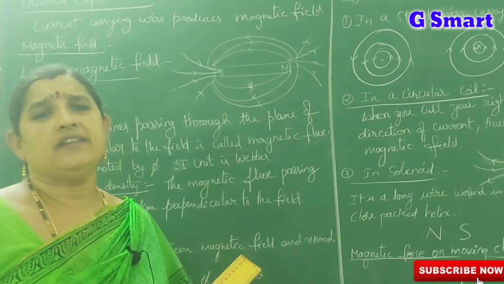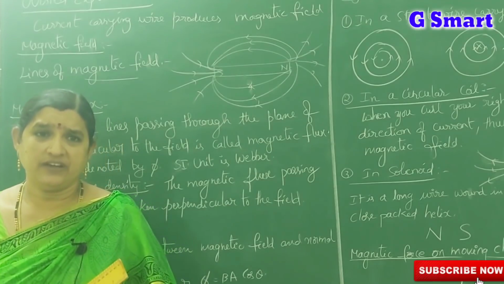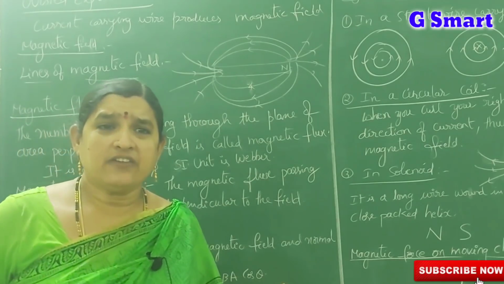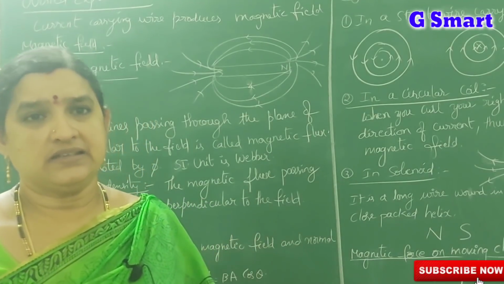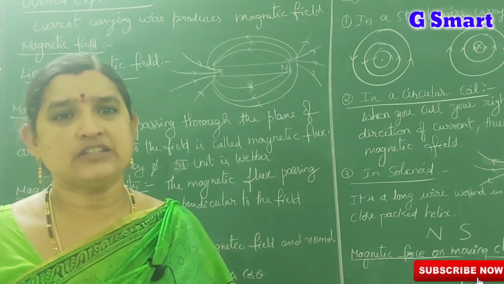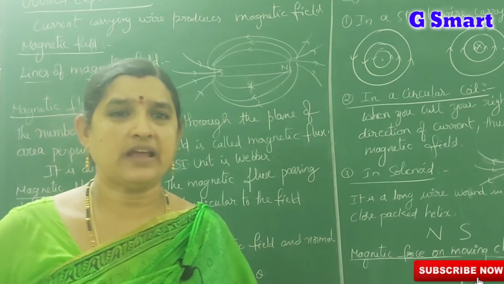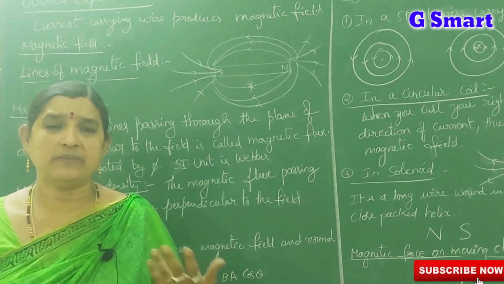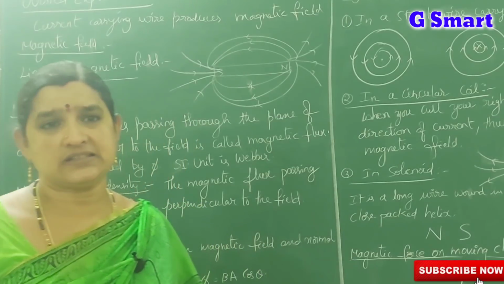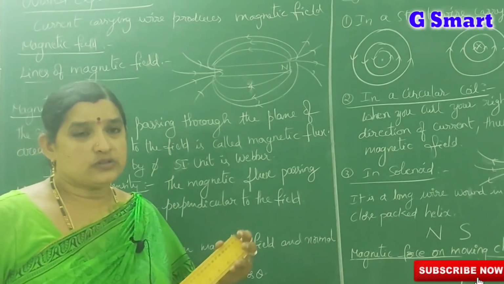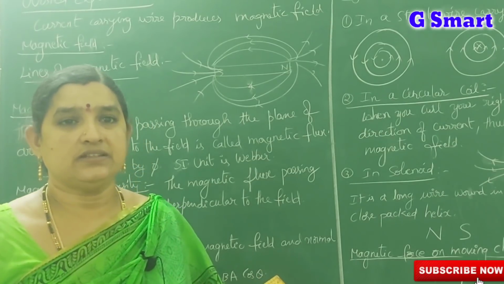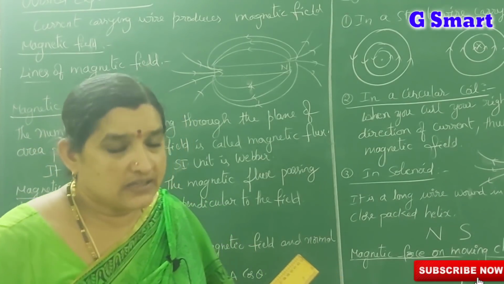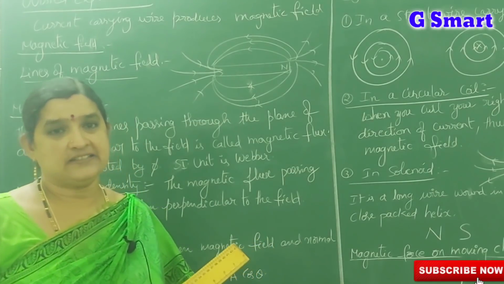Then how can we decide the intensity of that magnetic field? By using the magnetic field lines, we can say the intensity of that magnet. We already know that a magnet has two poles, north pole and south pole. At the poles the magnetic strength is more, at the middle of the magnet the strength is very less. So at the poles it has more strength, we are saying. How can we decide that more strength? The word more strength denotes the magnetic field lines.